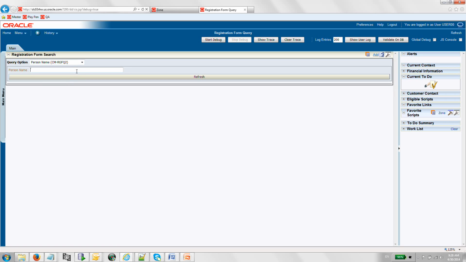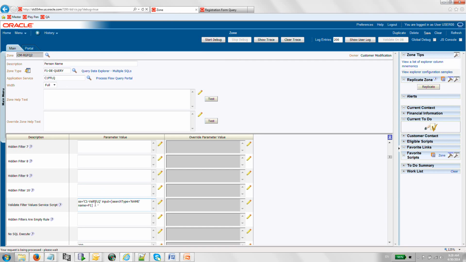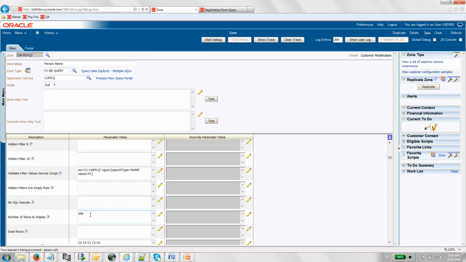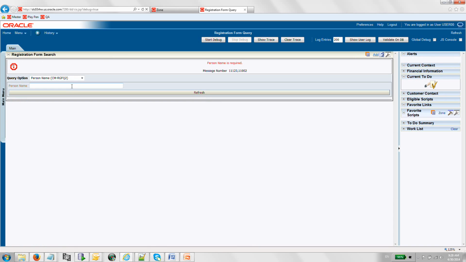So let's say if I actually search without putting a person name in, I come up with this message. This is controlled by this service script over here. I can define the maximum number of rows displayed, and over here I define how many and what columns are shown. If I put in something here,